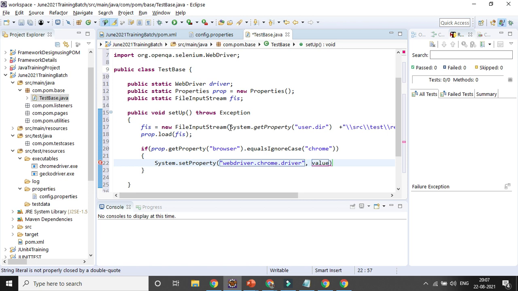So let's try to give the value here with the help of that one.